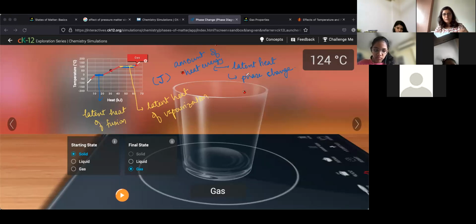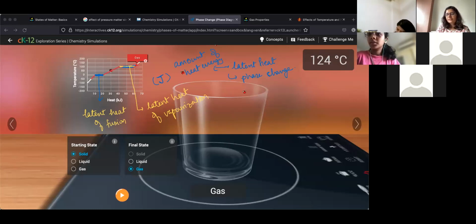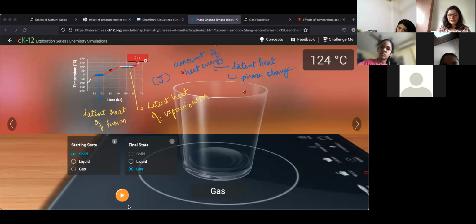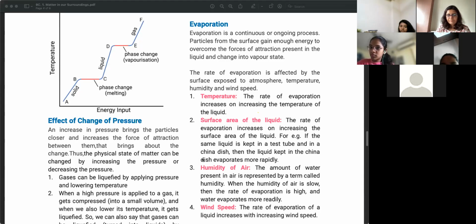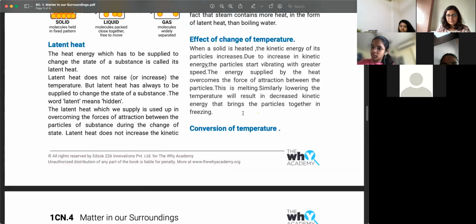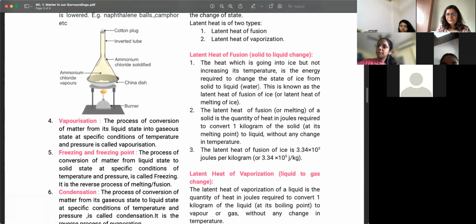So if you are considering fusion, latent heat is the amount of heat energy that is used to convert a particular amount, like 1 kg of solid ice into liquid water. And latent heat of vaporization is the amount of heat energy that is used to convert 1 kg of liquid into gas. That's the definition. We have it right here. Yeah, there you go. In words,